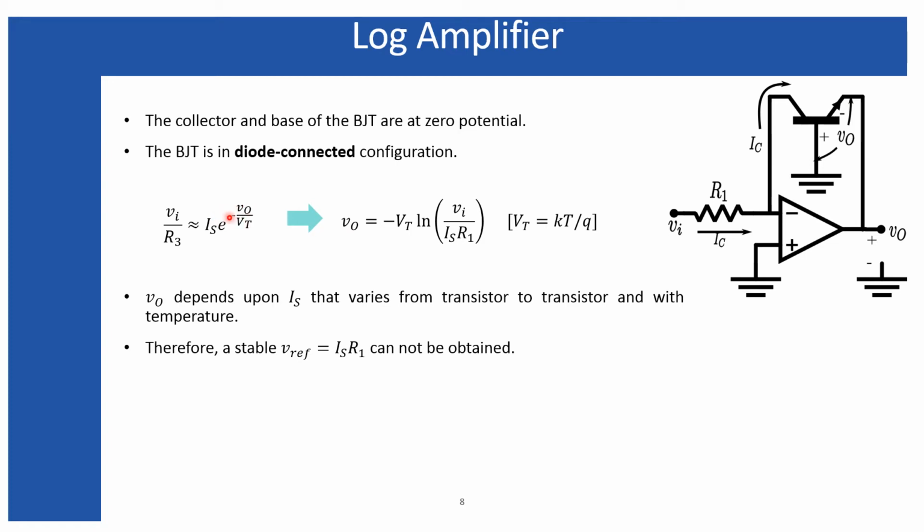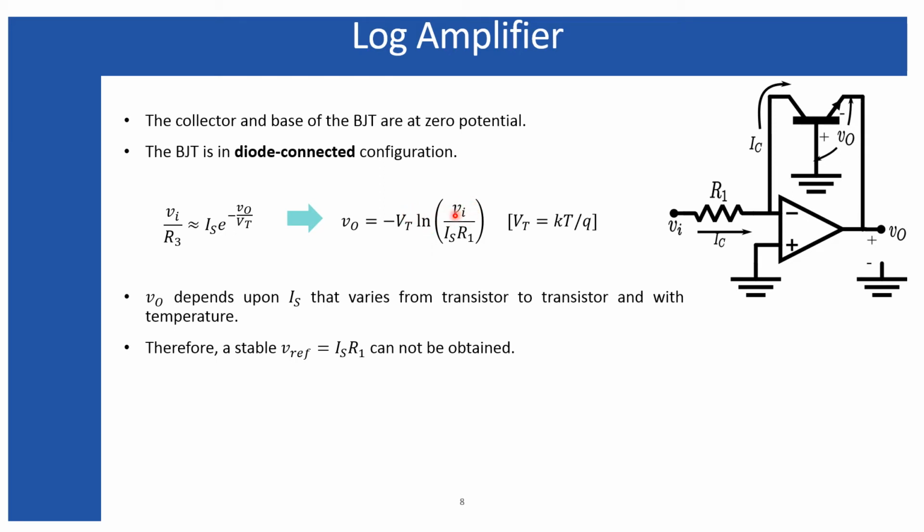So that is why negative V naught is appearing over here. And from this, IC can also be written in terms of Vi divided by R3, because for an ideal op amp, no current can enter through the operational amplifier. Now from this expression, we can easily calculate V naught as a natural logarithm function of